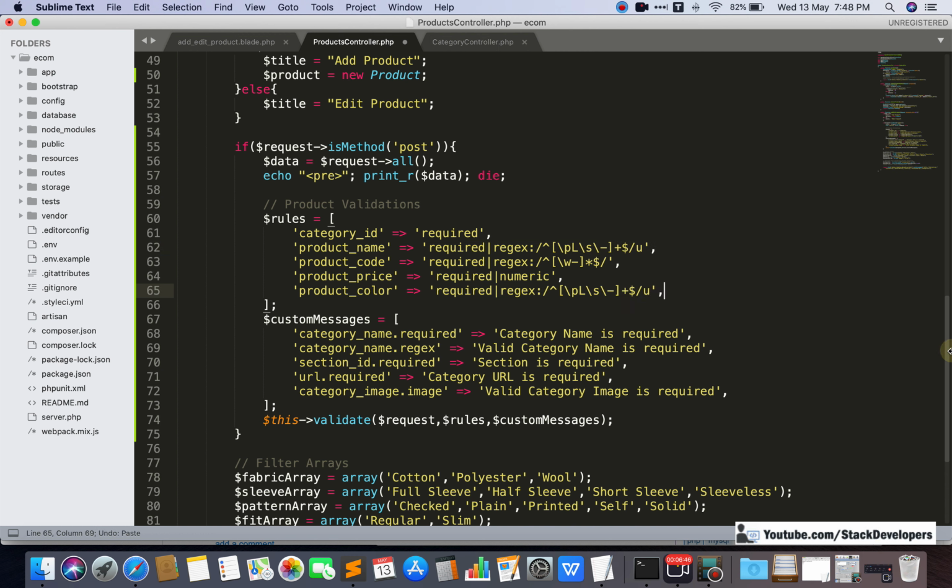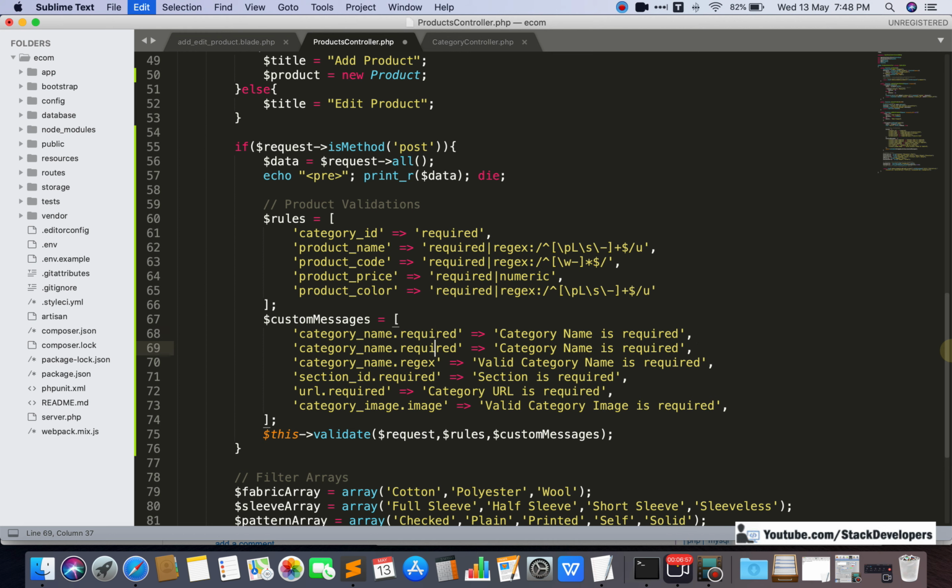Now we need to add the messages that we can show. First of all we are going to show the message for category ID: category is required.